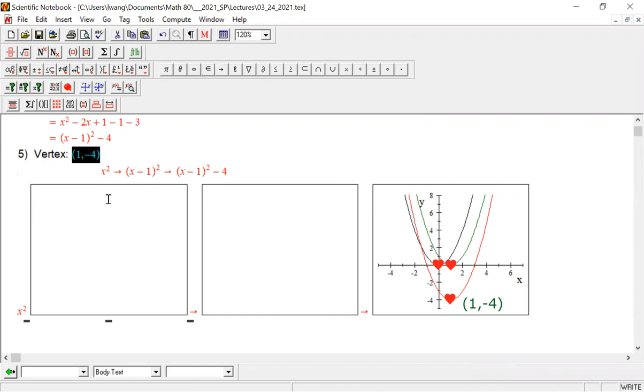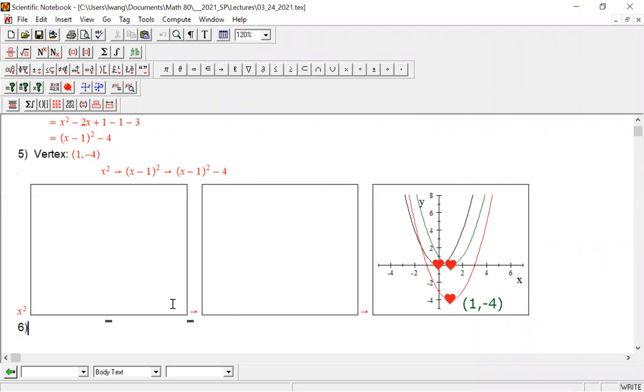Now we can answer some interesting questions. Does the vertex tell us that when the input is 1, the output is -4? And that is the lowest point. So now we're going to answer a couple questions. The next question is,